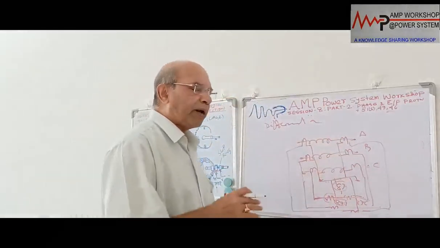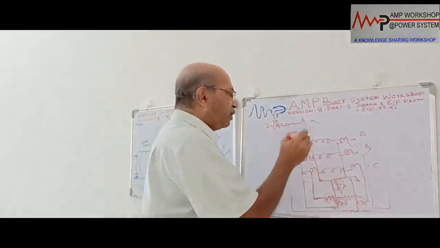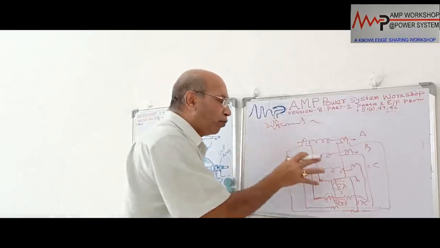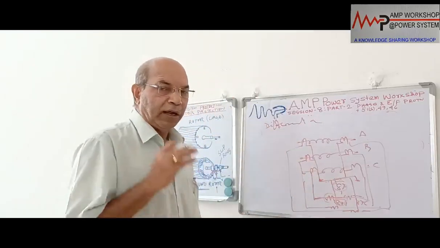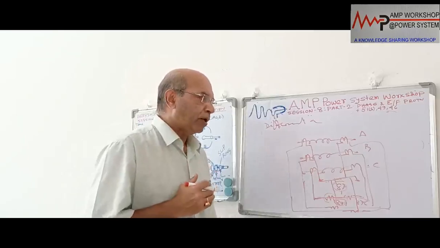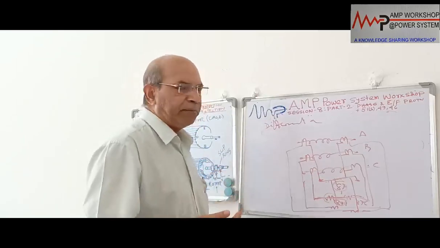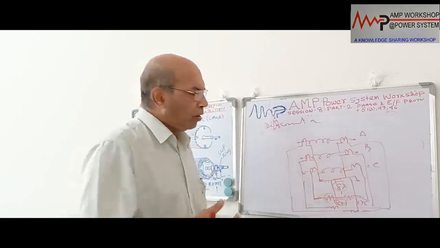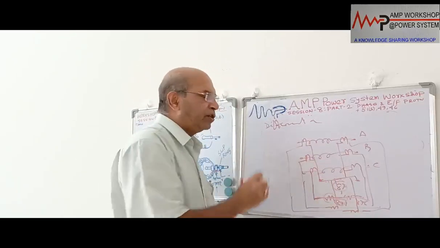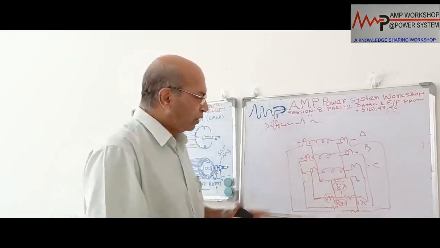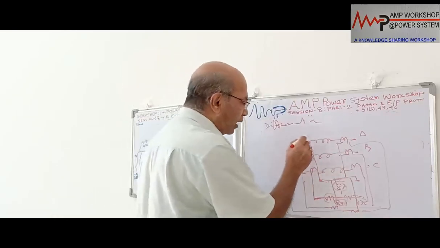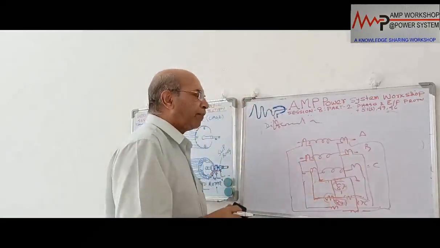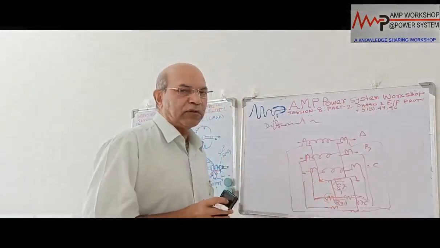So this protection we provide if, for the motor, the system has no enough capacity to feed the 50 relay. In that case we have to go for the alternative differential protection if the motor is important and very expensive. And secondly, even with the 50 and 51 relay, for a big size motor, maybe more than 500 kilowatt or more than 1 megawatt, we provide this differential protection for the motor. In that case we need to install on the neutral side of the motor; there are 3 CTs to be installed. Okay, but if the case is like that, we cannot install the 6 CTs.